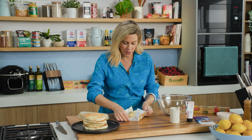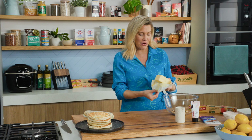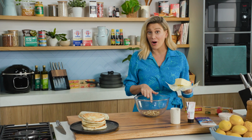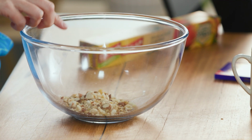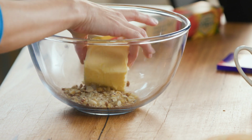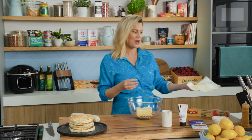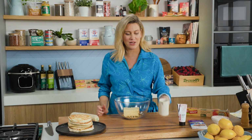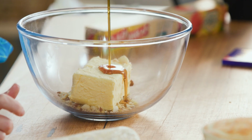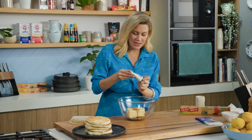So that has been softened, and you need it to be soft so it can mix through all our other ingredients. In this bowl, I have some chopped nuts. I've got a mixture of pecan nuts, walnuts, hazelnuts and almonds. We'll add a nice big piece, so 250 grams of the salted butter. To this, I want some sweetness, so some maple syrup, a good glug of that,